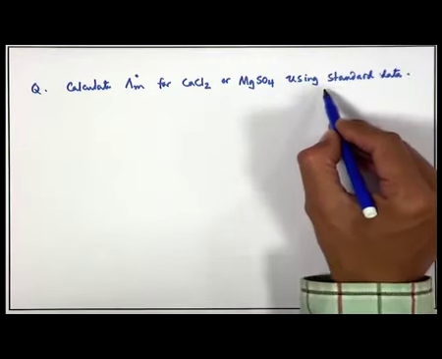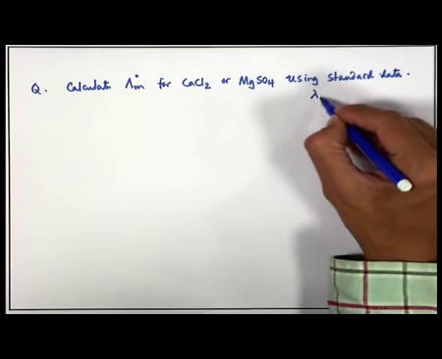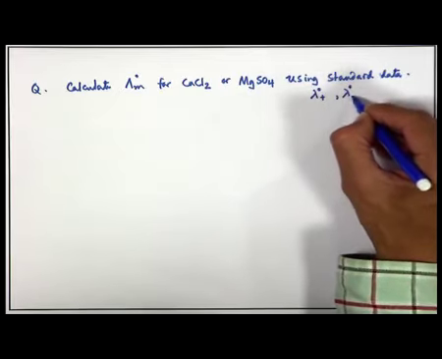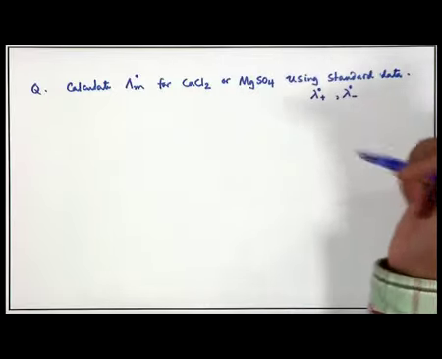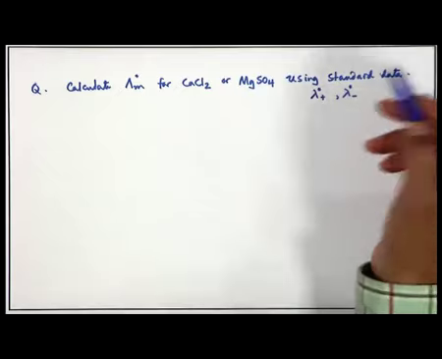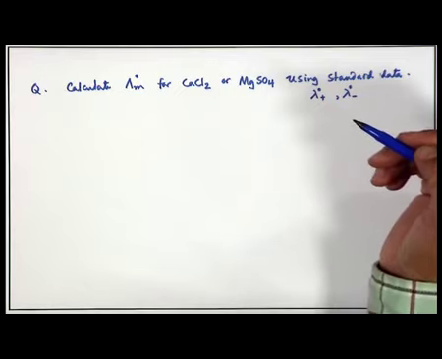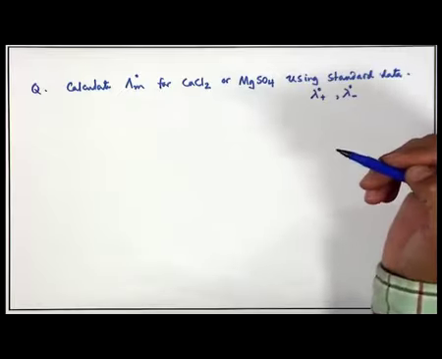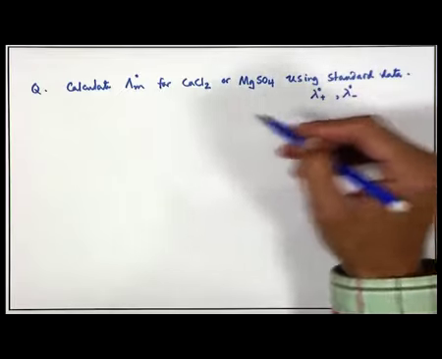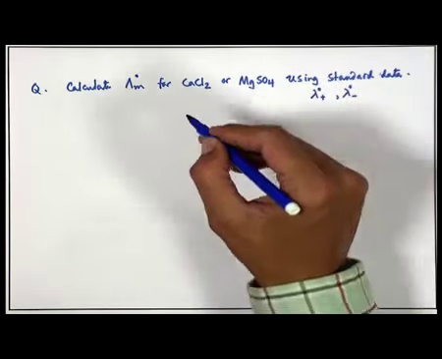So, that means standard data for lambda 0 plus, or lambda 0 minus. I have given you some numbers, some data, for some of these ions, but if you consult any standard physical chemistry text or textbook on electrochemistry, you will get a bunch of such numbers. For that you have to make use of those numbers, but in this case you have